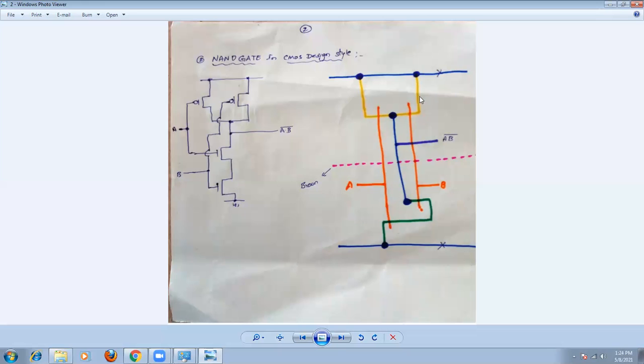Another transistor you can draw from here. You can draw directly like this, or otherwise you can draw like this also, no problem. You can follow as you like. So this is another transistor formation. These 2 points will be joined together because A and B will also be joined together. B also joined together. These are the gates of the transistors.